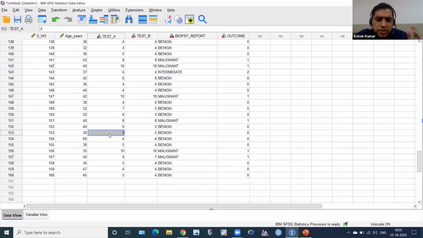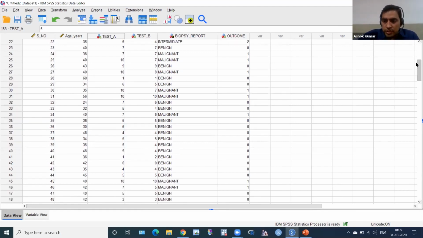So we have to find the cutoff: above this value they are treated as diabetic, and below this they are normal. And where do we get these cutoffs from? Using the ROC curve.